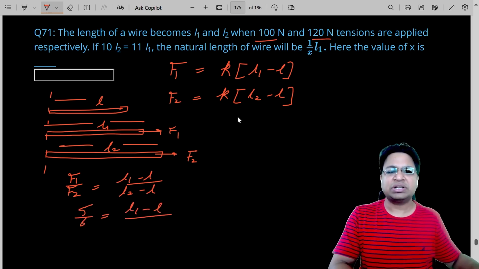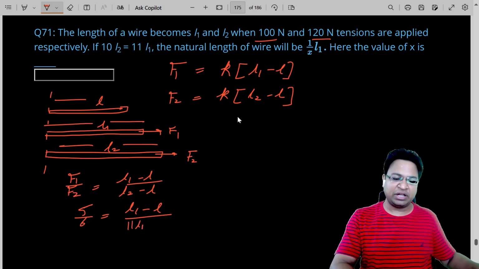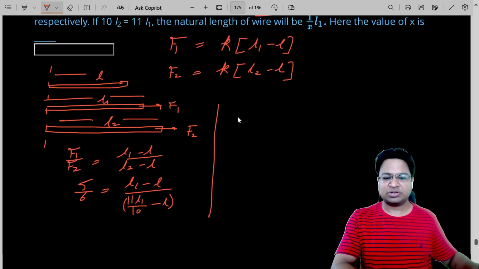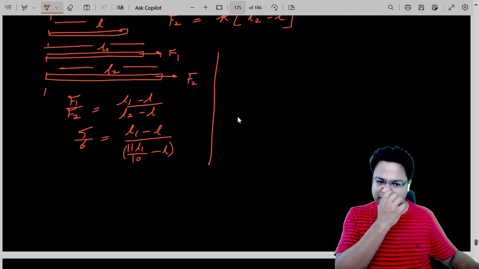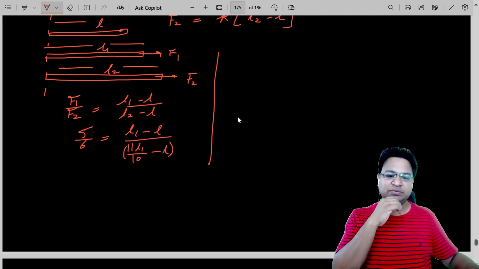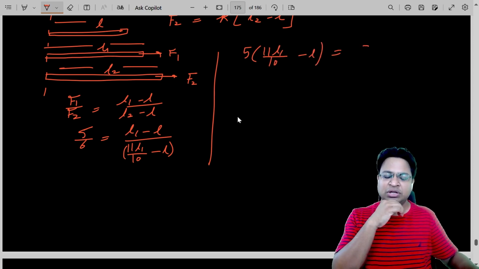Now L2 can be written as 11 L1 by 10. So we now just finish this calculation. Let me do it here. So this will become what? This will become 5 into (11 L1 by 10 minus L) is equal to 6,